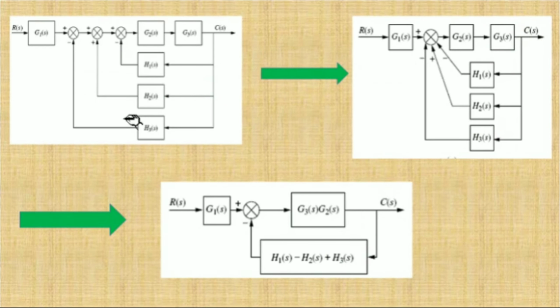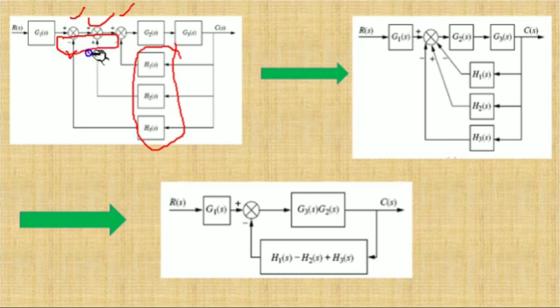So let us see how we can solve this kind of numerical. These are the provided numericals for the block diagram reduction technique. We can convert this feedback loop system into a single loop system. If we see here, it is converted into a single loop system with three comparators, which we can convert into one comparator with whatever sign is provided for the feedback loops. This is negative feedback, this is positive feedback, and this is again negative feedback. The signs are kept as they are, but we convert it into a single branch of the input function with one comparator.